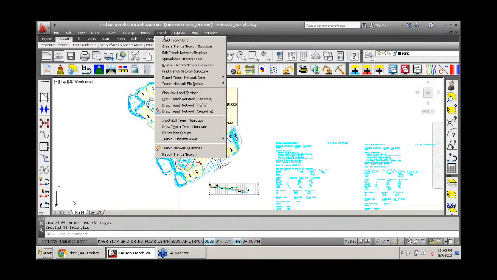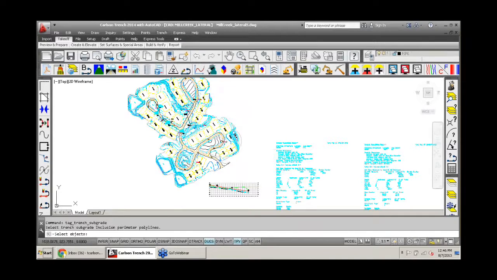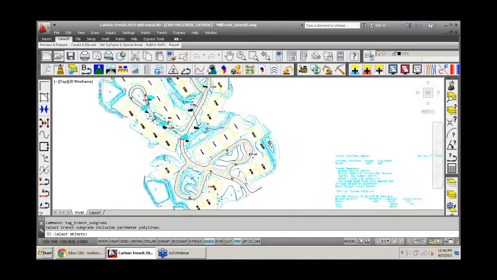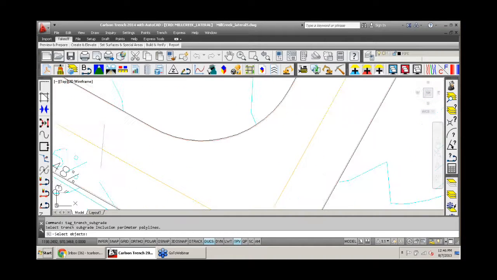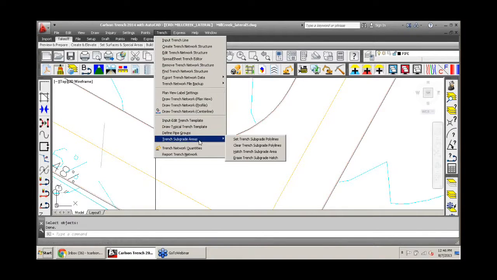trench, and under trench we have trench subgrade areas. I'm going to do set trench subgrade polyline. Okay, and now it selects objects. So my road, I need a closed line that defines the area. And I have one here for my road, so I'm just going to pick that. And I'm not doing any exclusion. So if I go to trench subgrade areas and hatch those areas,